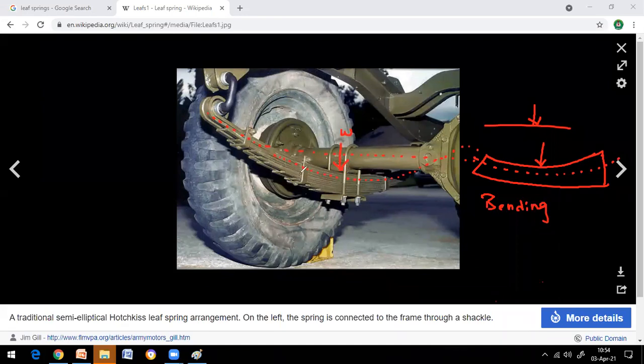What does it do here? See, if there is no bending spring, what happens? If there is no bending spring, what happens? Can you tell me? What is the purpose of providing a leaf spring here? Can anyone describe the purpose of providing this leaf spring here? To resist bending load. Bending load. How can it carry it? What is the purpose?